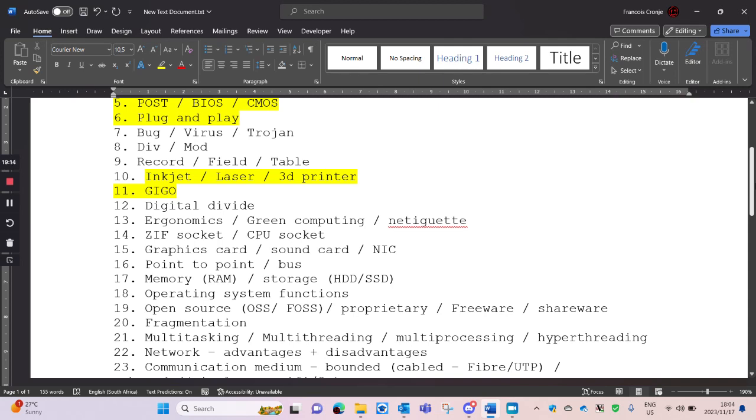Just use nice words for it. A laser printer uses toner, which is a powder, and a 3D printer uses plastic, which they call a filament. The inkjet sprays the ink on the paper. A laser uses magnetism and they call it the fuser.